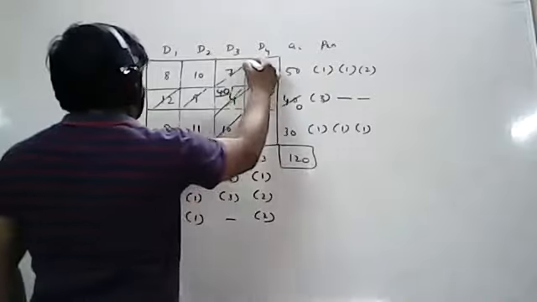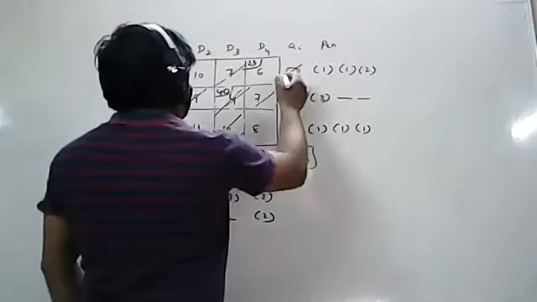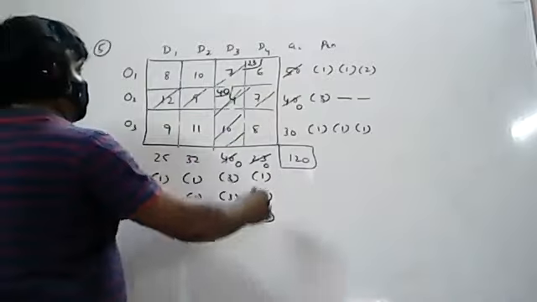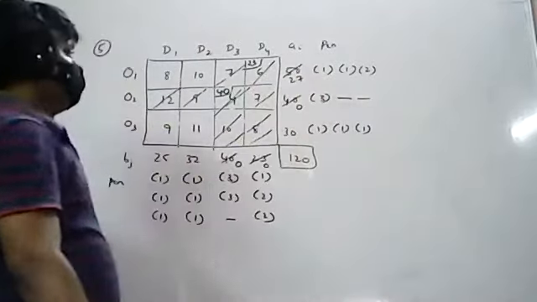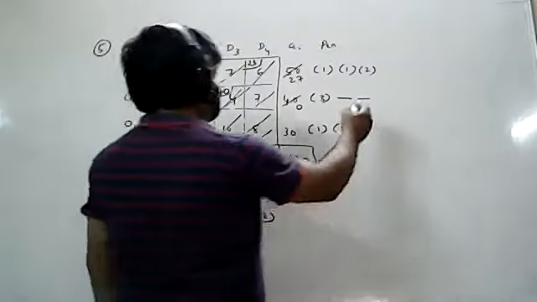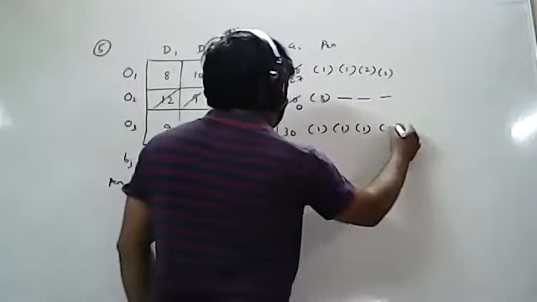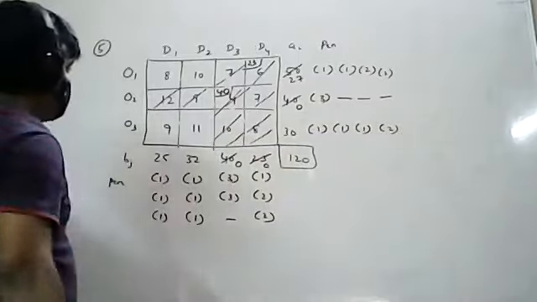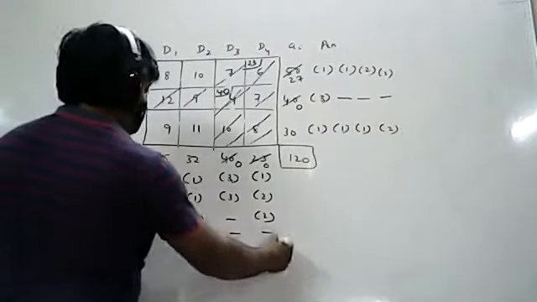50, 23. 23 is minimum. So 23 is allocated. 0, and 50 minus 23 is 27. Now 0 is there on the column side, so cross the entire column. Still 2 rows and 2 columns are there, so one more time you have to repeat the procedure. So this is 2, and this one is also 2 now. 9 11, difference is 2. Similarly, repeat for columns: 1, and this one is 1.